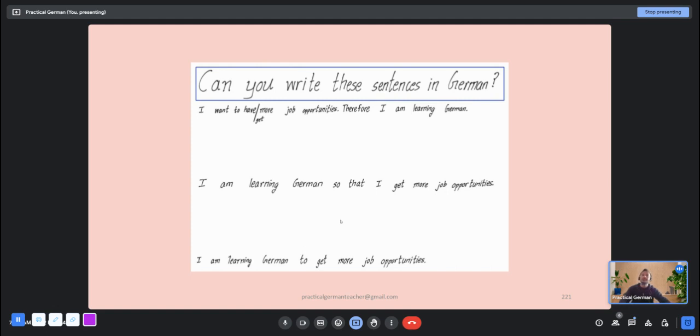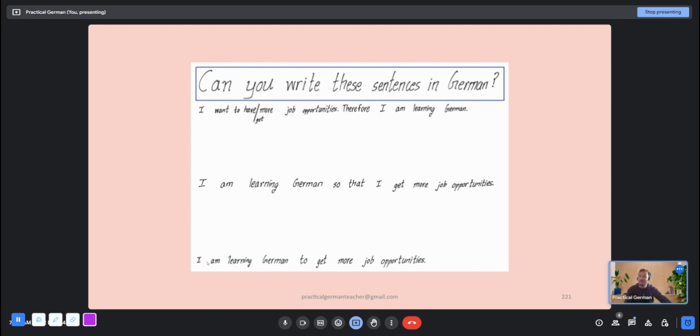Also, you should notice, in this you had one sentence, here you had another sentence. One sentence means you had a subject, you also had a verb, you also had an object. Next sentence, you had subject, verb, object. Here as well, even though it was only one sentence, you combined them with the help of a conjunction. So subject, am learning verb, German object, then conjunction, again subject, verb, object. So you had full sentences.